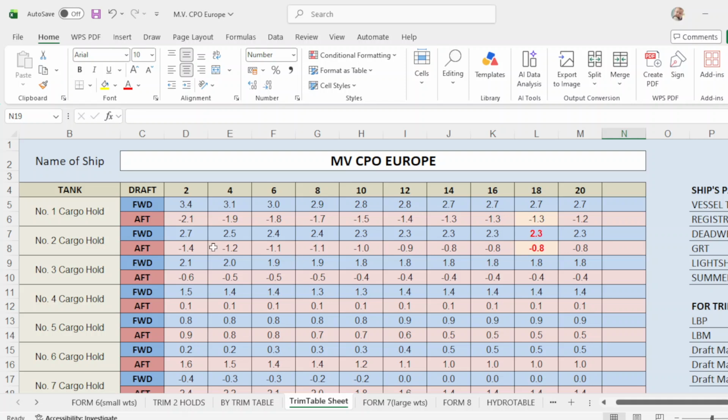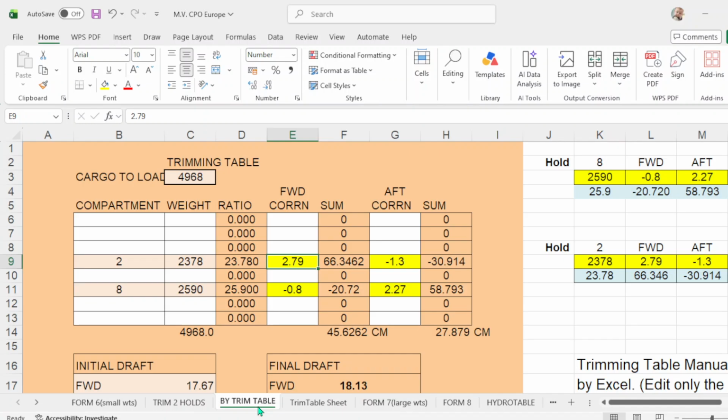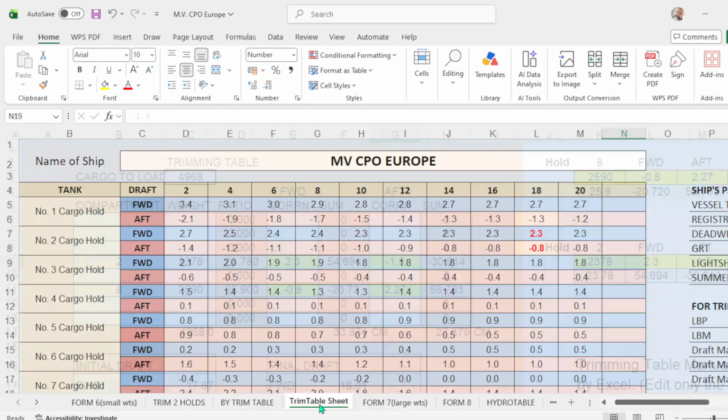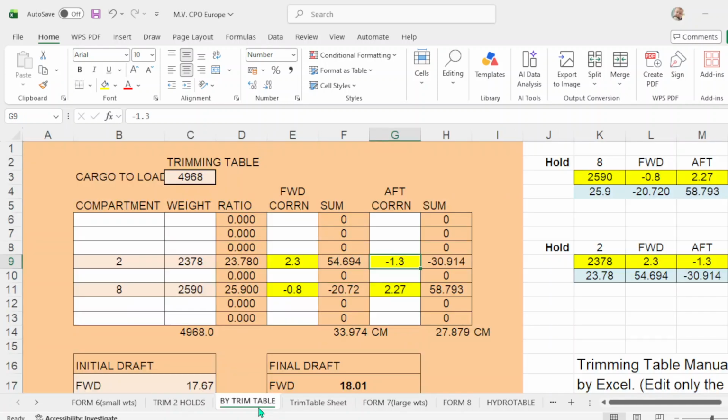Drop 18, that will be forward 2.3. So you put here 2.3. And aft correction is how much? Aft correction for hold number 2 is negative 0.8. So you put here negative 0.8, and the correction for hold number 8, how much would that be?